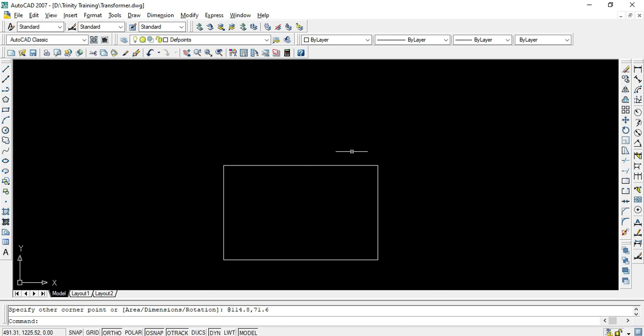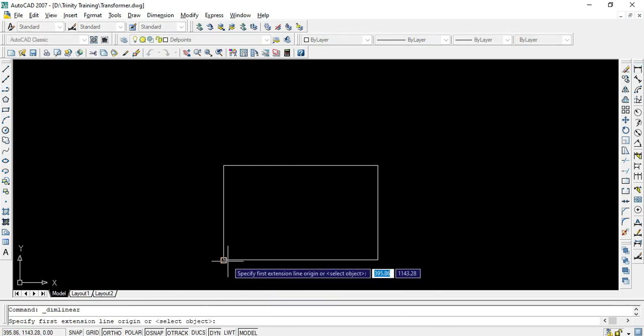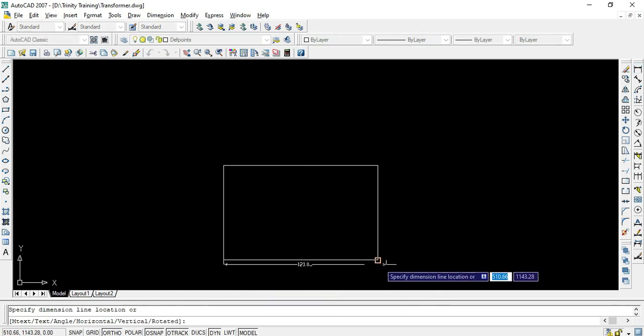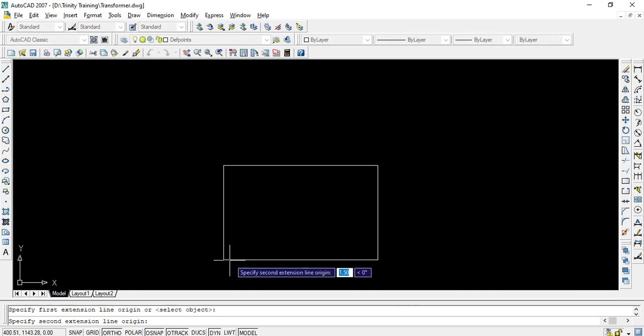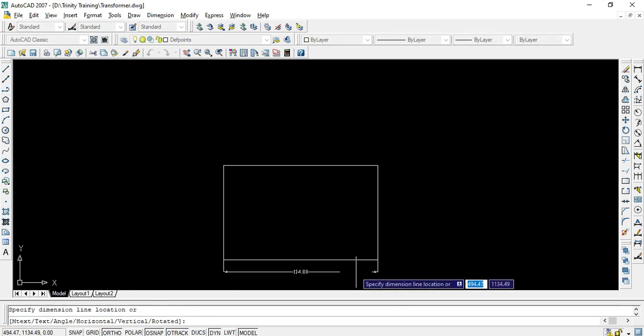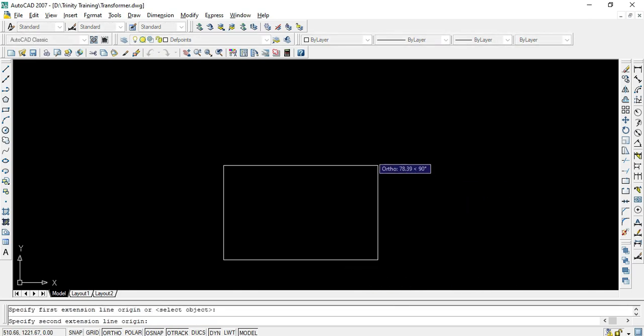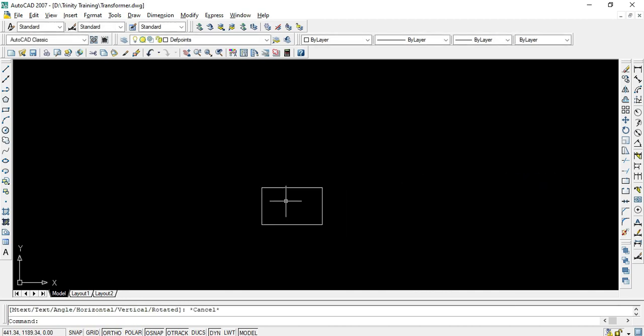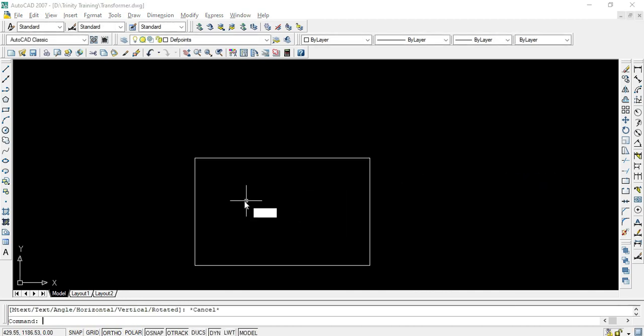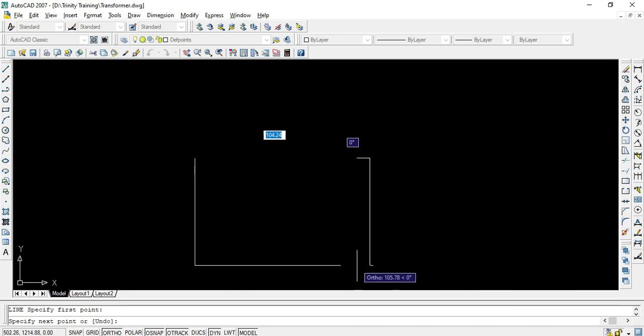Here I got the rectangle which has dimensions of 114.8 by 71.6. So I will find out its center by taking the line instruction